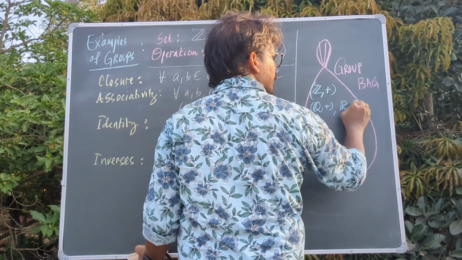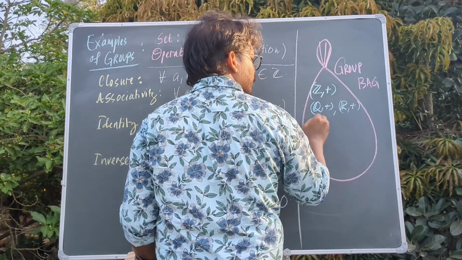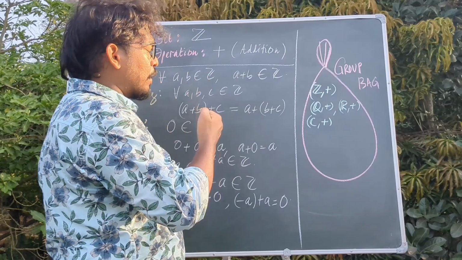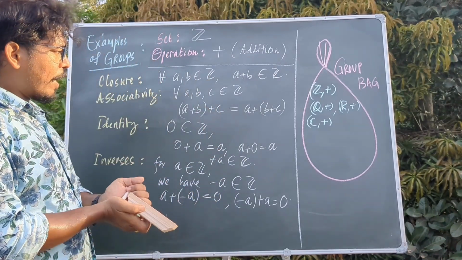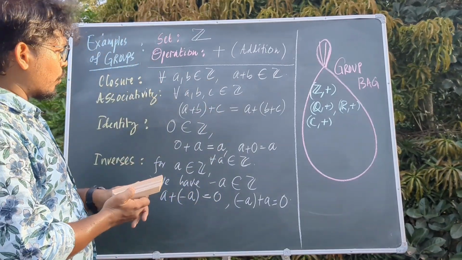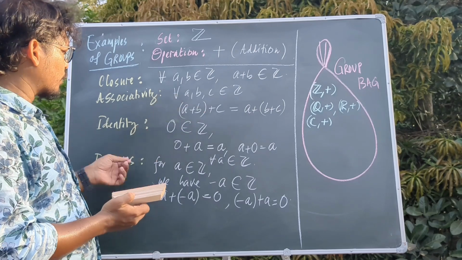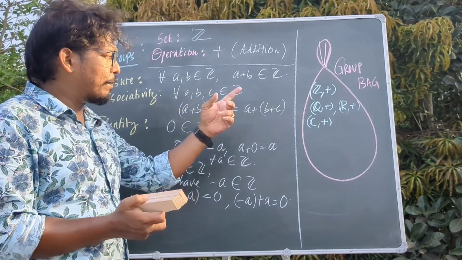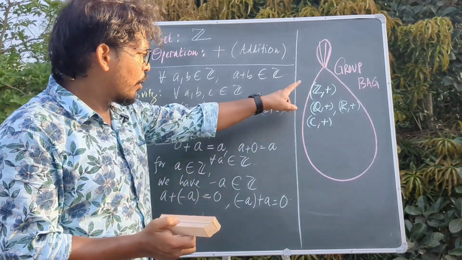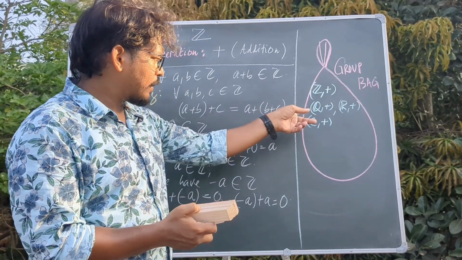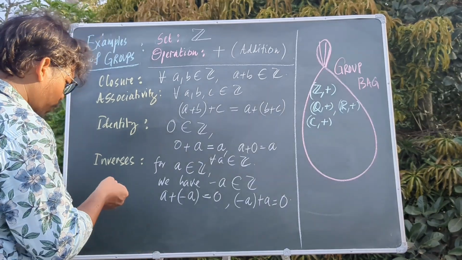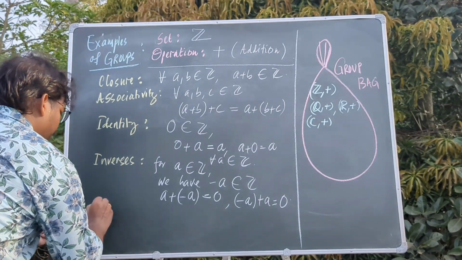and the set of real numbers under addition, the set of complex numbers under the complex addition, because they will satisfy all group axioms. Closure holds, associativity also holds, identity, 0 will act as identity, and the inverse of every element is its negative in all these four sets with the operation addition. So these form groups, and moreover abelian,